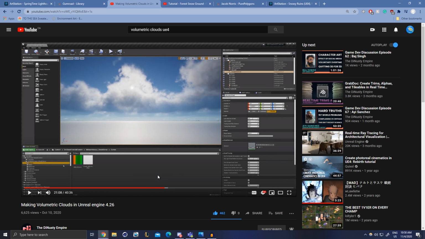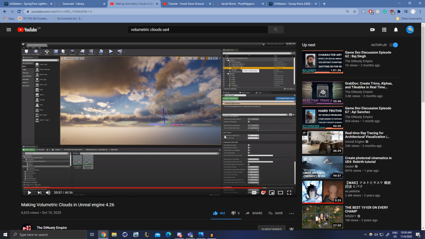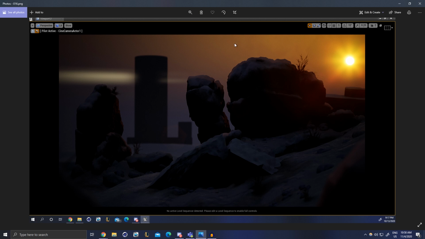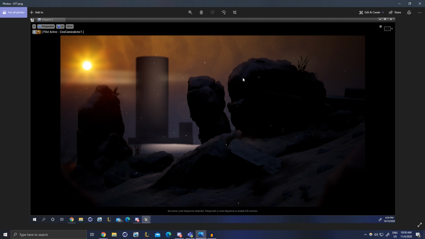But he goes over everything and includes the files you'll need if you just want to nab them. And he goes over everything you need to know to make beautiful sunsets. And this looks super realistic, right? So what I ended up doing was, let's see, get back here. I ended up plopping that in, having a lot of fun with the color and experimenting with the time of day and some lighting. I loved how it looked with the snow. It was also great for checking the silhouette, coincidentally, which I was becoming happier with, having this sloping down, this third higher, this third lower, and this thing framed in the background.